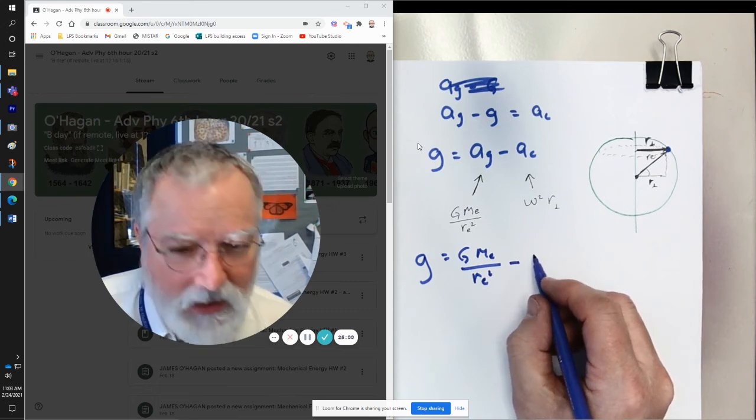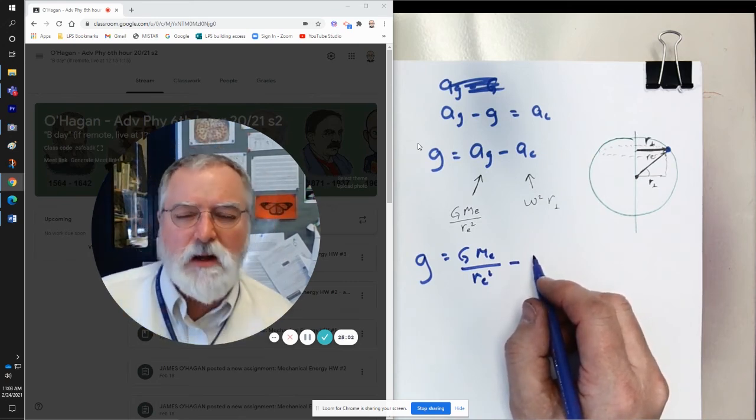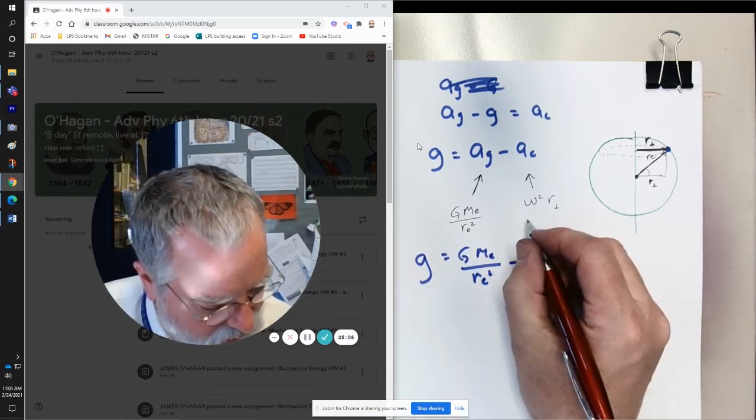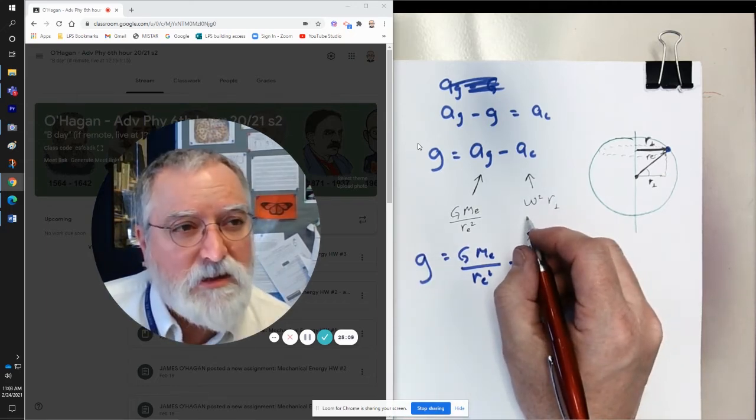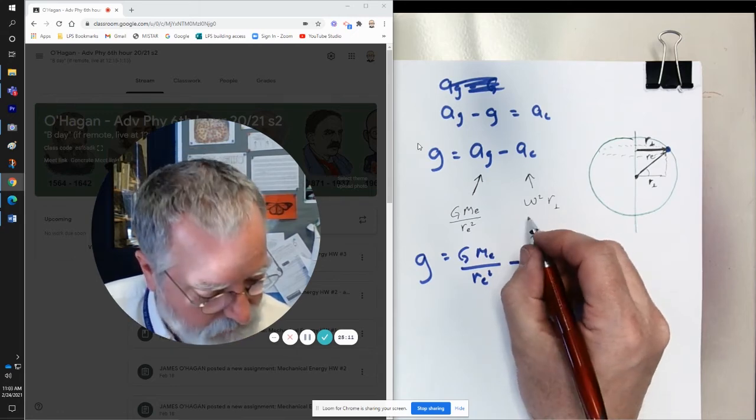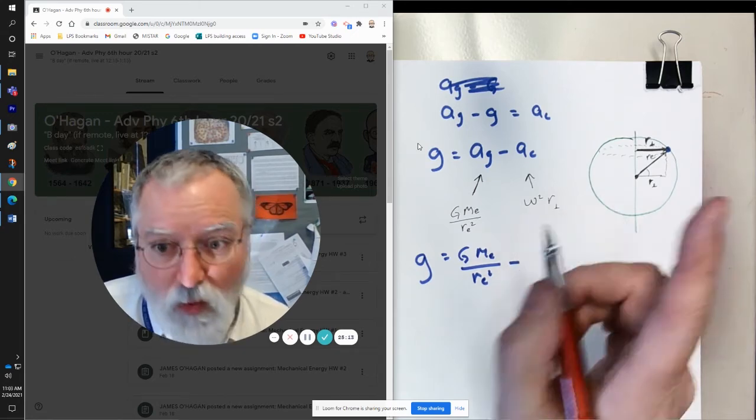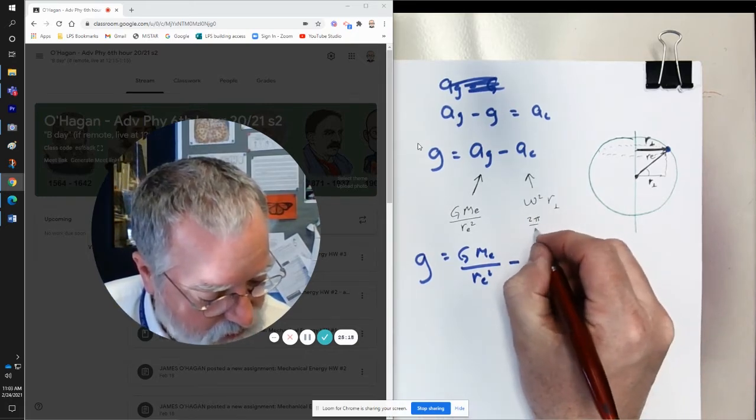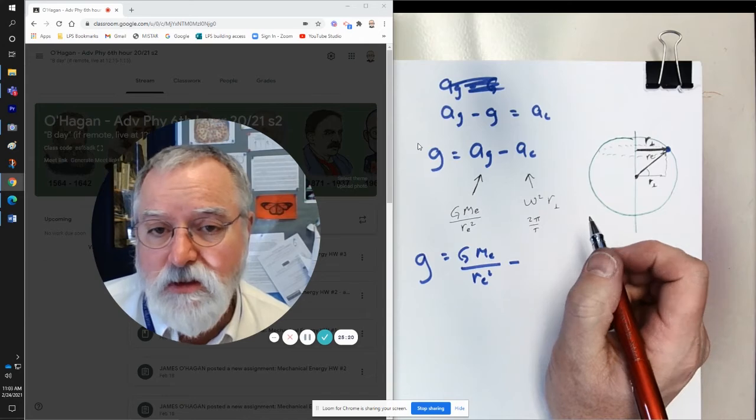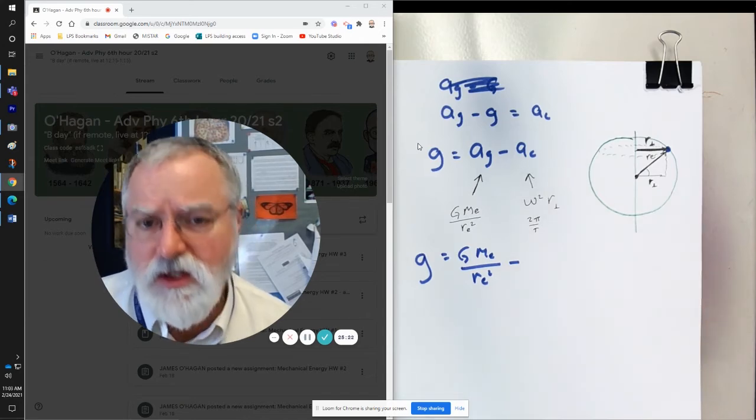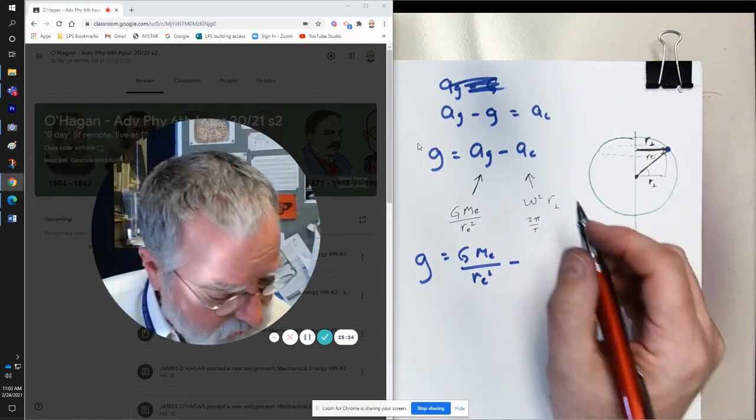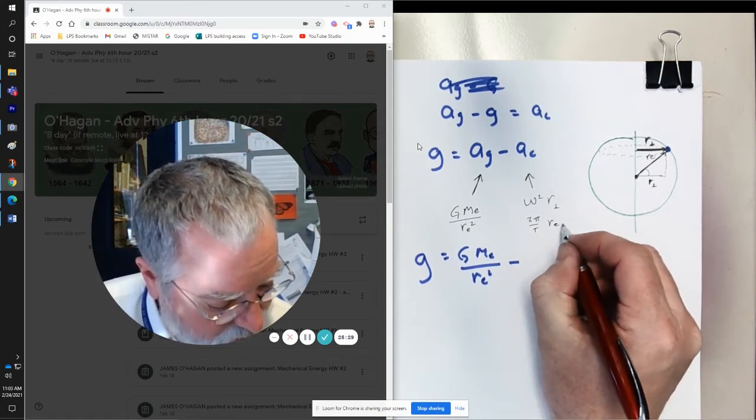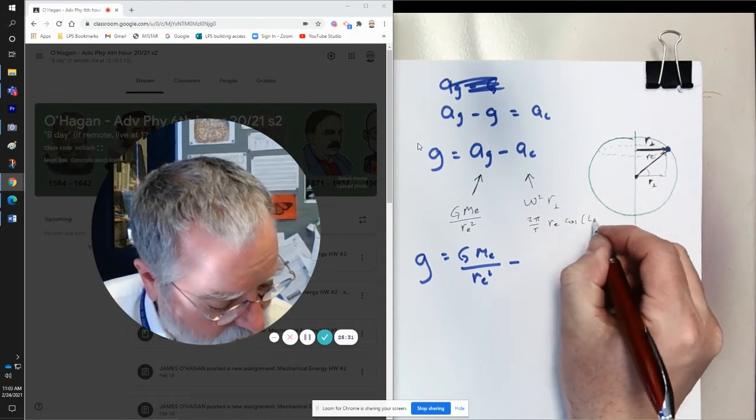Minus omega squared. Omega is, let's think about this, angle over time. So in one rotation, we go 2 pi radians in the period it takes to go around once. The period of rotation is 24 hours, and we've got to convert that to seconds. Times this r perpendicular, and r perpendicular ends up just being the radius of the Earth times the cosine of the latitude